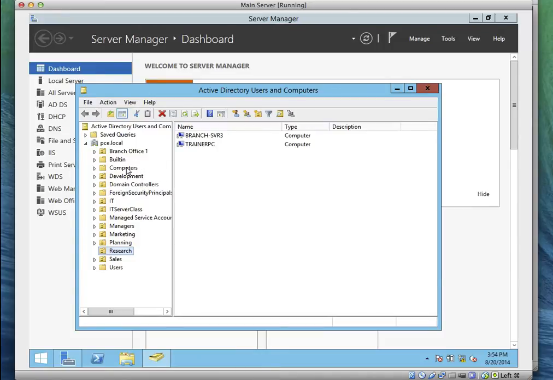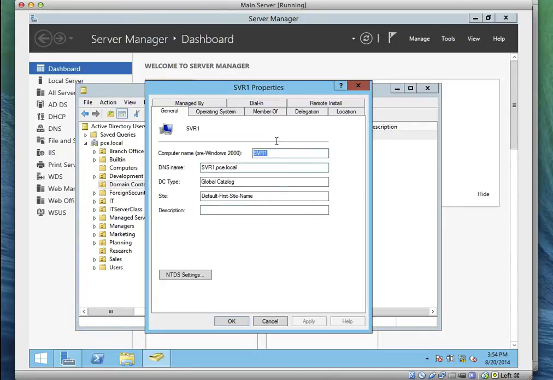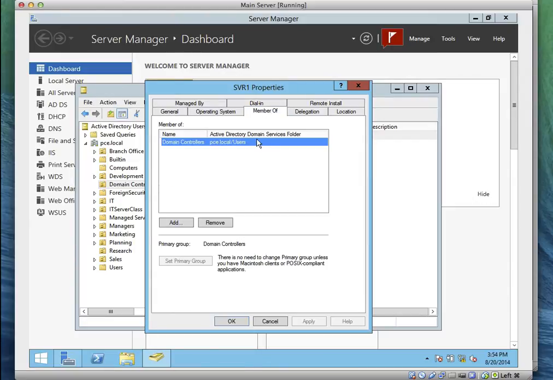Can we go to Computers? Then we go to Domain Controllers. That's where our server is. That's where server 1 is. So can you right click on it? Then go to Properties. Then you see Member Of. Is a member of the Domain Controllers. So let's add it to become a member of